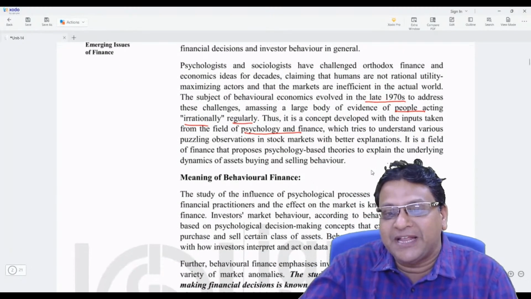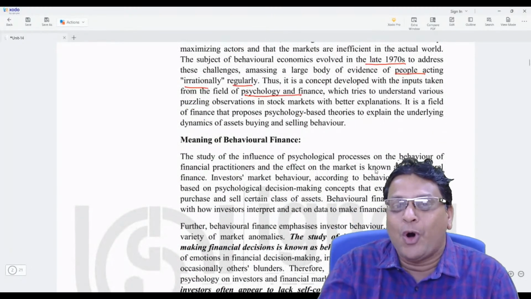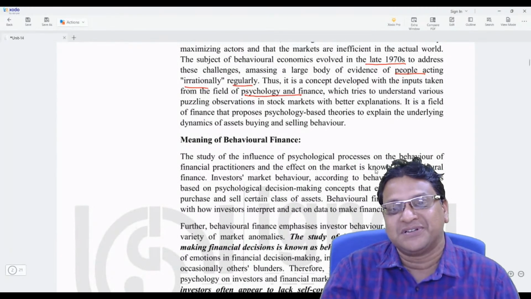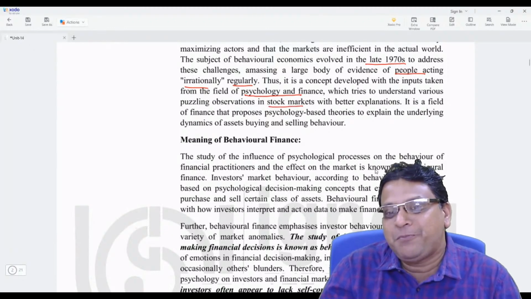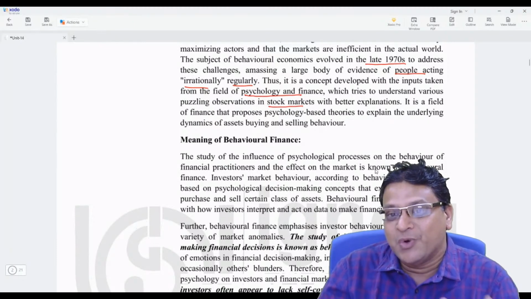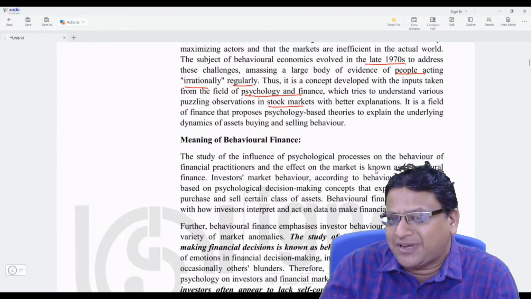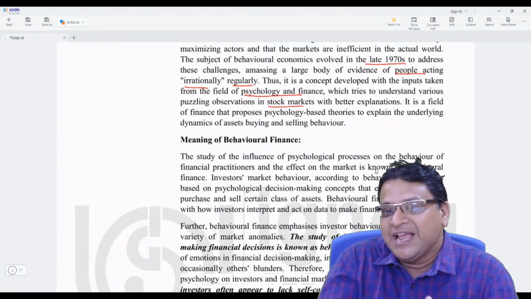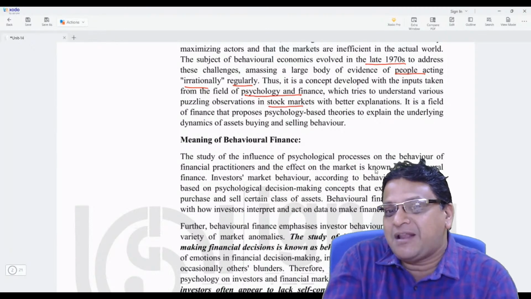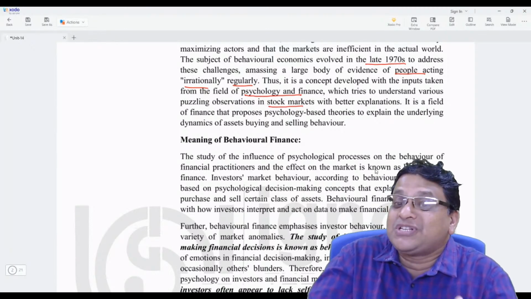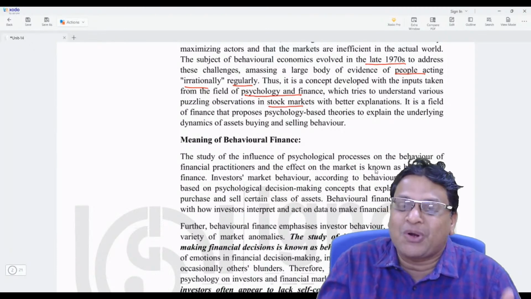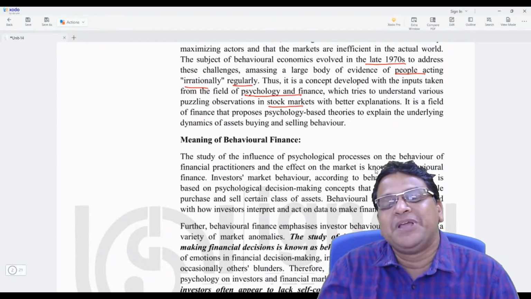So, behavioral finance is the application of psychological theory to stock market behaviors. So, in stock market, people act irrationally. Why is there a bubble in the stock market? Why does the stock market crash? What is the calendar effect? What are the different ups and downs in stock market due to the irrational behavior of investors? What is the psychology behind the market movements? We will study all these contexts in behavioral finance.